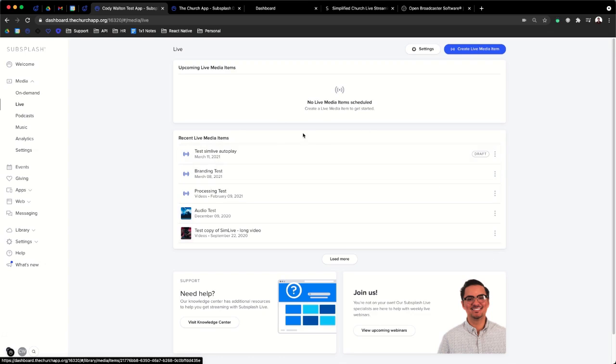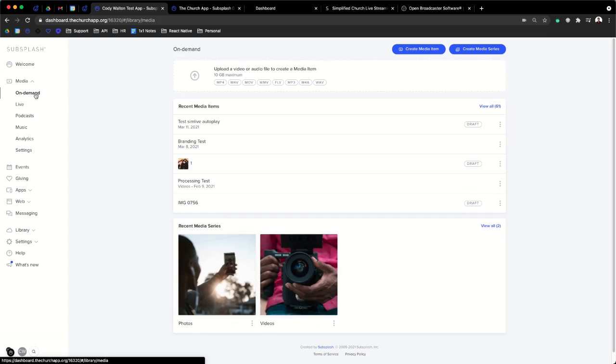So right away we can see upcoming live media items and then recent live media items down below, as well as the option to create a live media item in the top right. So it's exactly how it sounds. Anything you have scheduled out in the future is going to show up here, and anything that has already taken place is going to convert down into recent live media items, and it will also end up in on-demand,